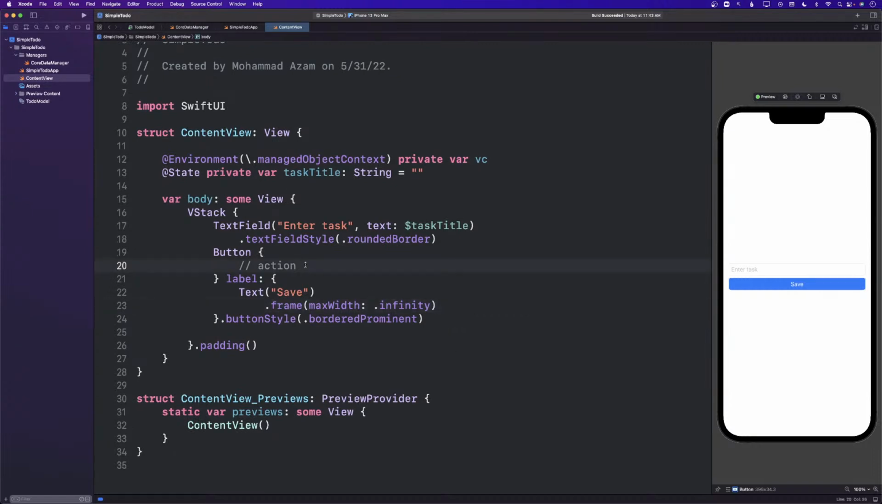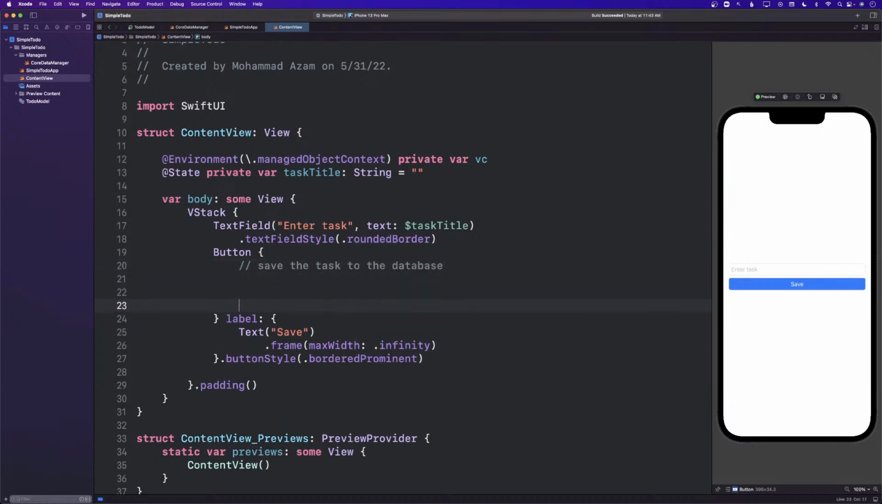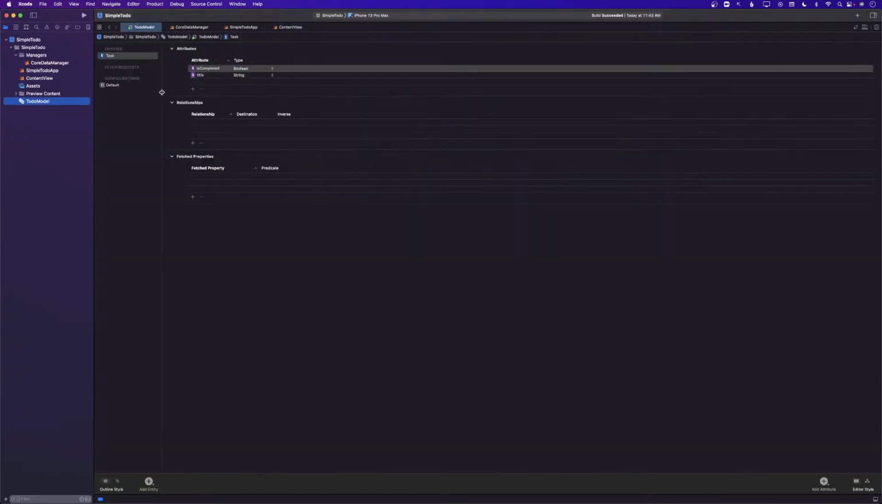There is a click of the button. We can over here say save the task to the database, but we don't really have any code that will save the task to the database. It's completely empty right now. The first thing we're going to do is create an object of the task entity. Remember in the to-do model, you created this task entity using this designer, which consists of two properties, is completed and